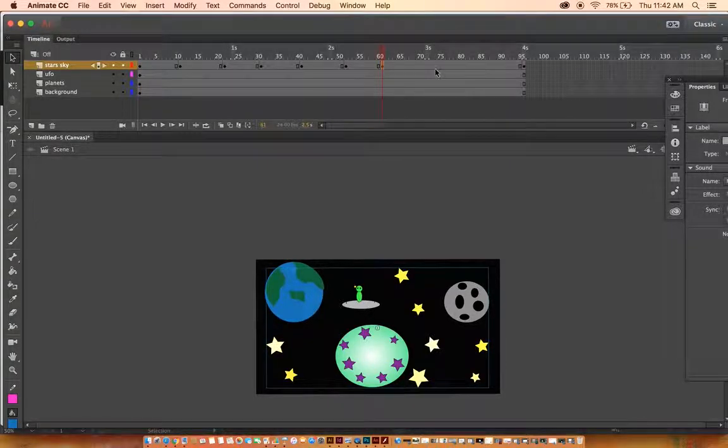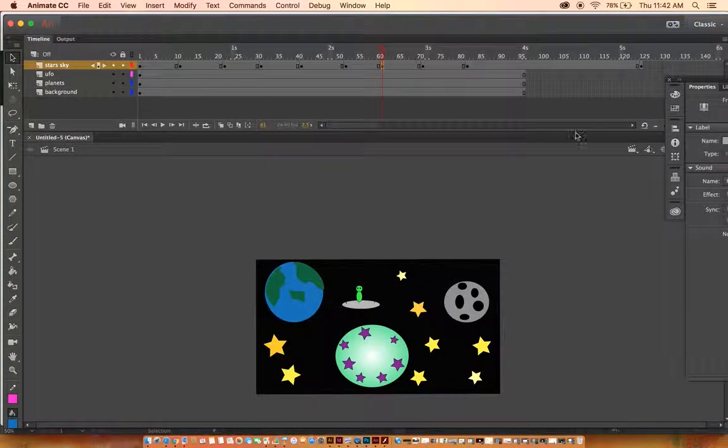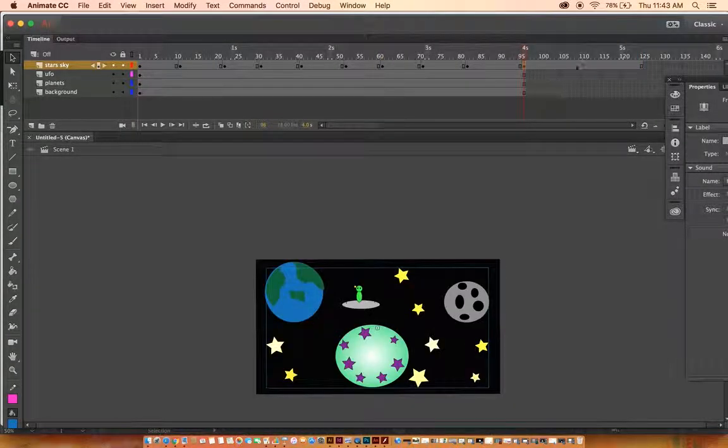Okay. Then I'm going to move it to the area where it's all blank, right? I'm going to add more. I'm going to right click and do paste frames. Right, so you can see that it pasted frames. It extended it, but also know that you can move around your frame. So right now I don't want this. I'm just going to move it forward,